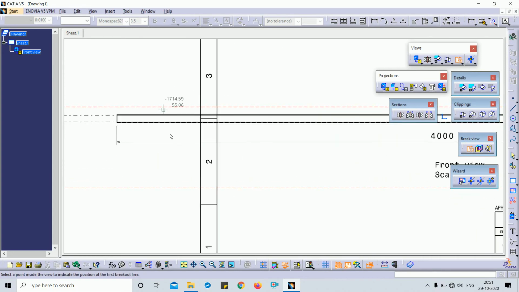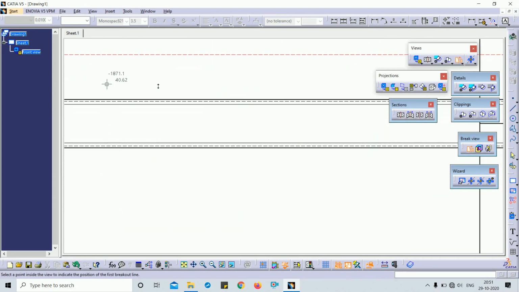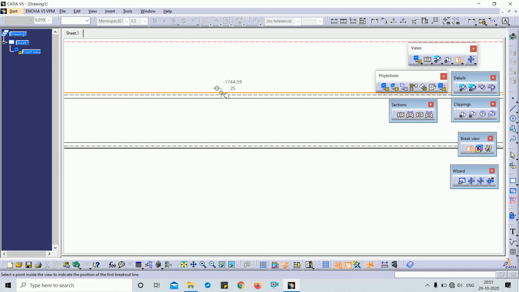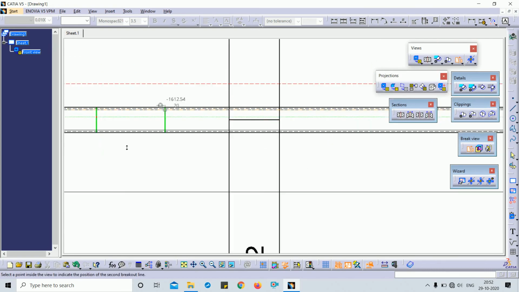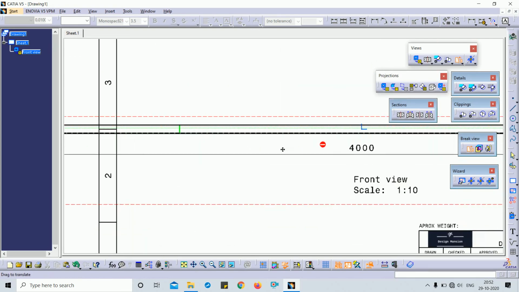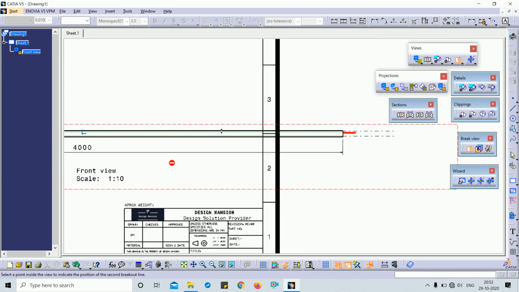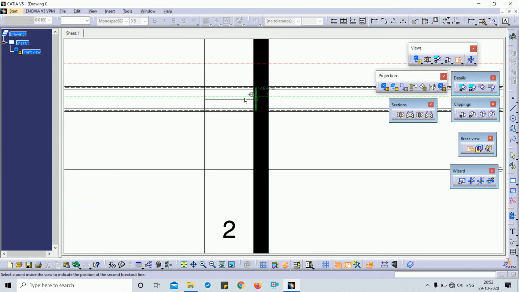You have to just select the line or point of that line and just the center point. You can see this is the green line. Click on that green line. After that you just have to select the second point to break out.